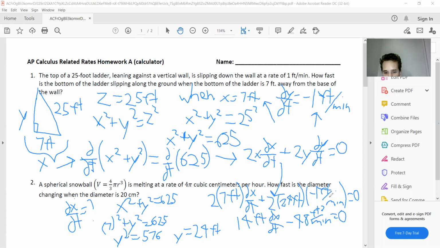Okay, from here, you get dx dt equals 48 feet squared per minute over